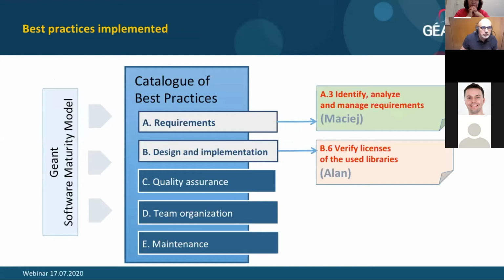So if we want to take a closer look in our setting, we can see that from the software maturity model we have been working on for several months before, we have created a catalog of best practices. The catalog, as Branko indicated, consists of target areas, which comprise best practices focused on a specific activity in a software team. We extracted 5 such target areas, and recently I talked about the requirements and the design and implementation target areas. Now, I would like to ask Maciej and Alan, who will present examples of implementation of those 2 practices I was talking about. So Maciej,